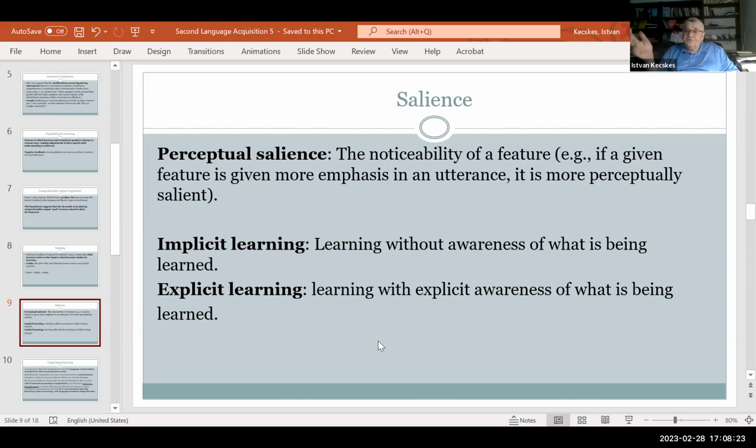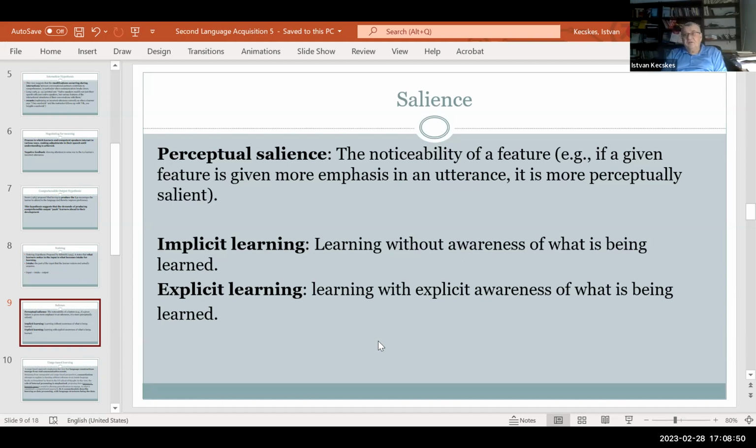The definition was that salience means the noticeability of a feature. So if a given feature is given more emphasis in an utterance, it is more perceptually salient. So this is what the theory said, and we're going to come back to that, because I think that the noticing theory